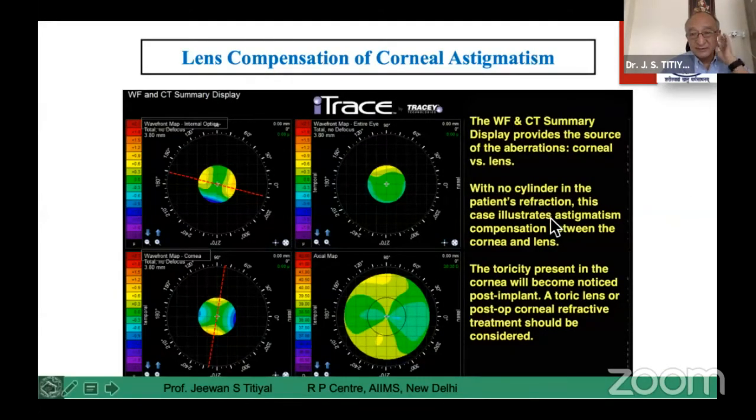This wavefront analysis and Chang analysis are talked about. This is a patient where, if you look at the internal aberration, the patient has a high cylinder. But as far as the refraction cylinder is concerned, it is almost nil. The cornea has a cylinder of around 3 diopters, but the refraction cylinder is not there. So this is a patient who had come for a presbyopic lens exchange. We understand the patient would be compensating for the corneal cylinder with the lens. So if you do a cataract surgery in this patient, a toric lens is indicated to take care of the corneal cylinder.